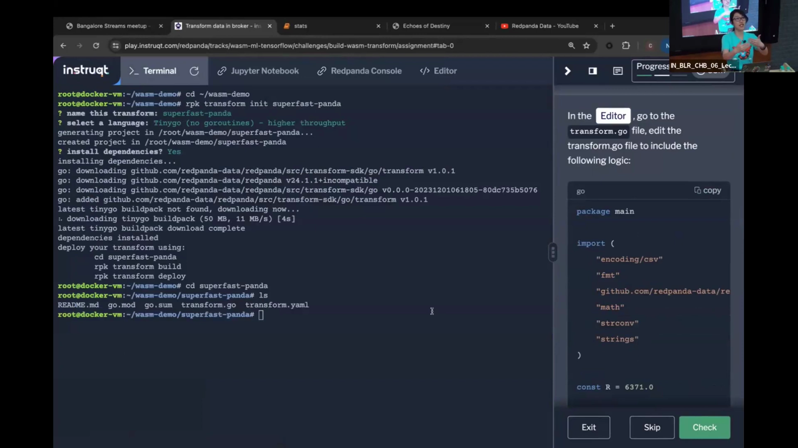So I need to turn this into a WASM binary. So what do I need to do? I need to do an RPK transform build, which is now taking that Golang and turning that into a binary code, right? So it is going to now start building things. It's going to take a little bit of time, but if we go back to the